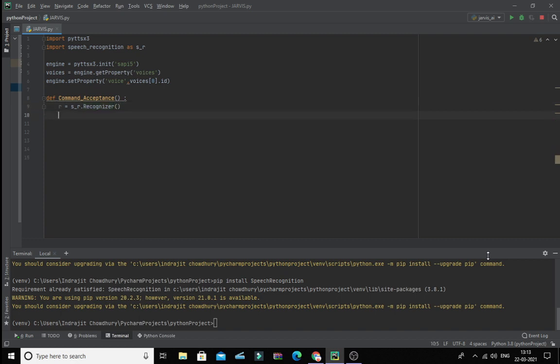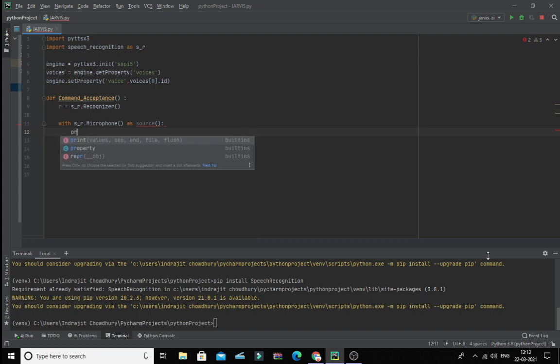After doing that, we are going to write a method which will use our microphone as the basic source of input for the AI. So we will write with sr.Microphone() as source, then a colon, and within that block we will write a statement which will signify to the user that the AI is listening to him.